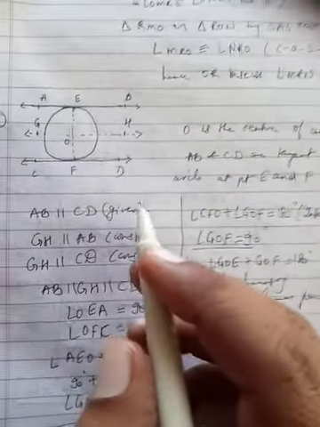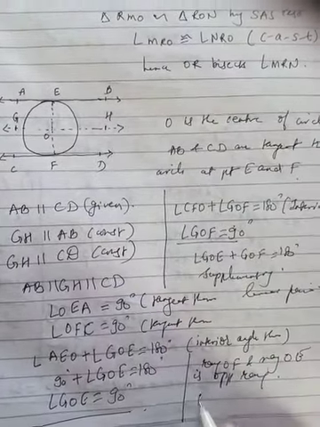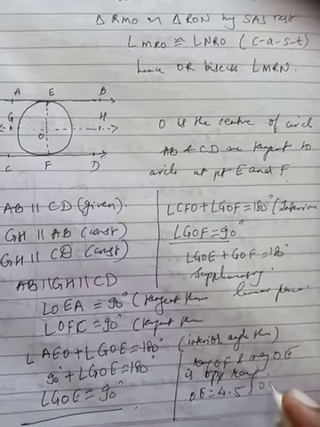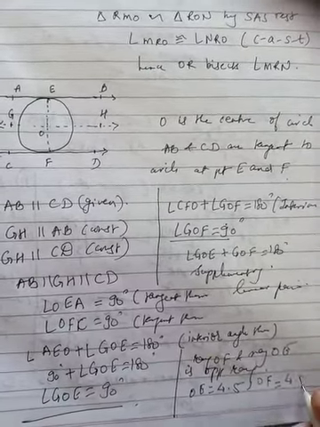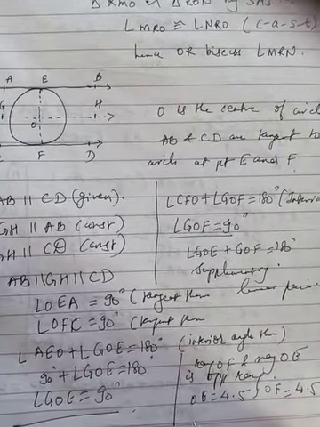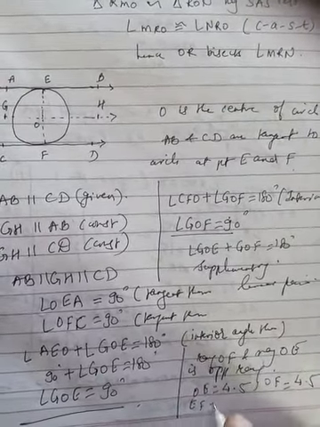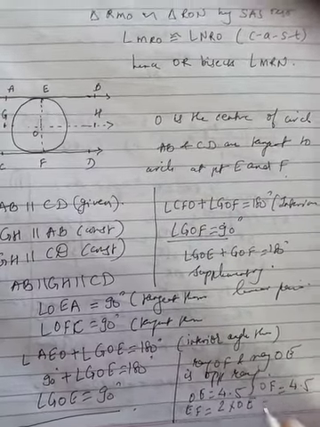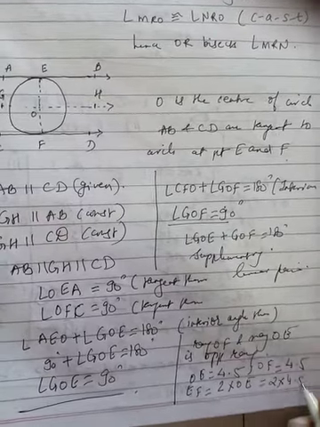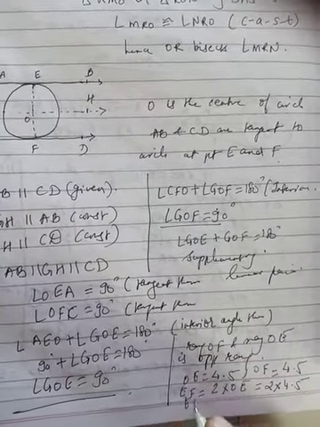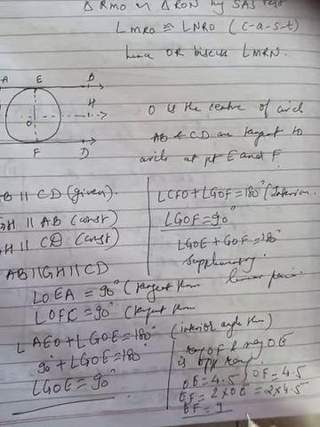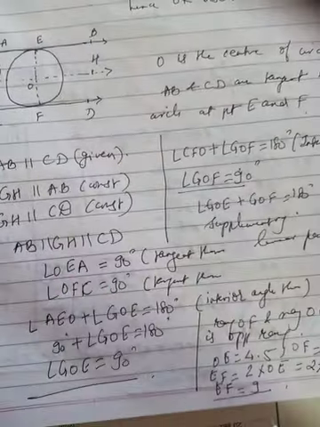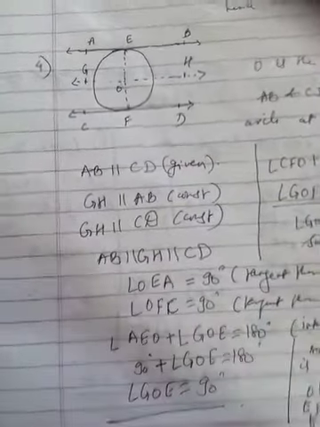Okay, so now you can see OF is the radius. So radius of a circle is given to us, that is OE is equal to 4.5 centimeter. So therefore OF will be also 4.5 centimeter. We know the property that EF is the diameter, and diameter is twice the radius, that is OE. So therefore 2 into 4.5, that is EF is equal to 9 units. So we can write the reason. The distance between these two parallel lines is 9 centimeter. Final conclusion, write down after the problem.